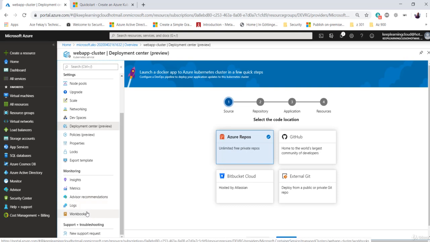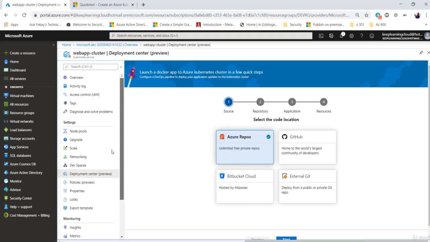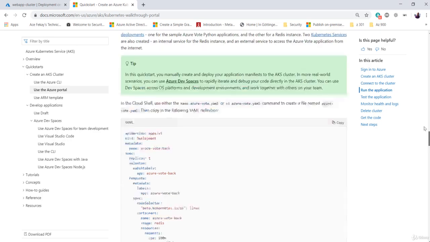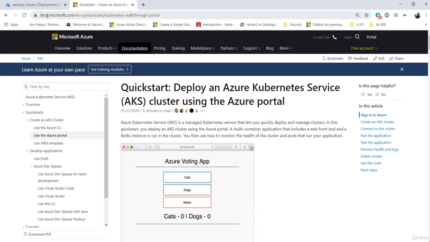So let's go ahead and host a web application there with the help of CLI. So in the next lesson, what I'm going to do is launch the Azure CLI and start running few commands to deploy a sample web application. What I'm going to do is use the quick start option guide available here. So if you navigate to this URL,